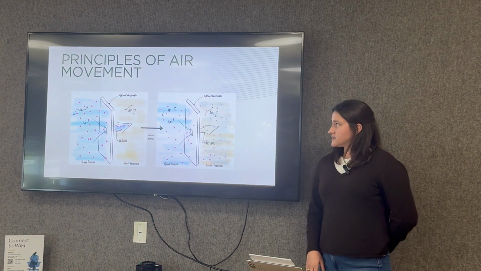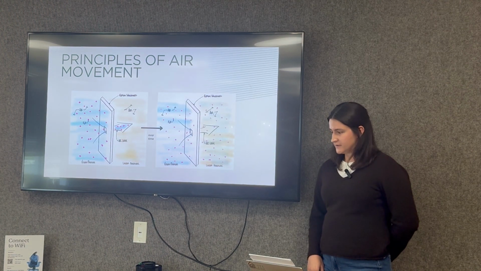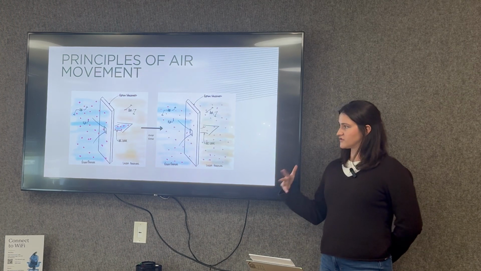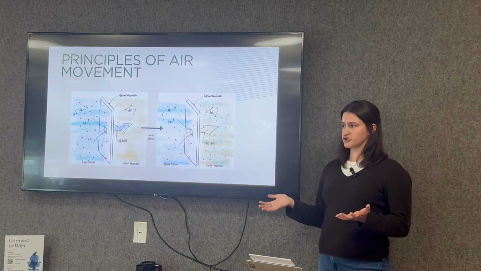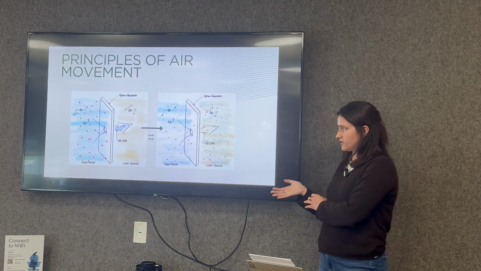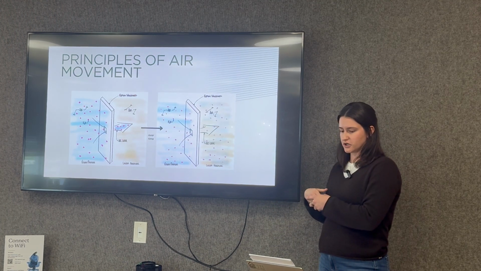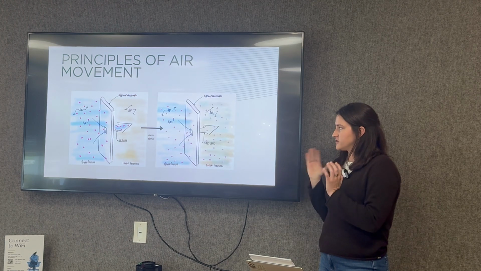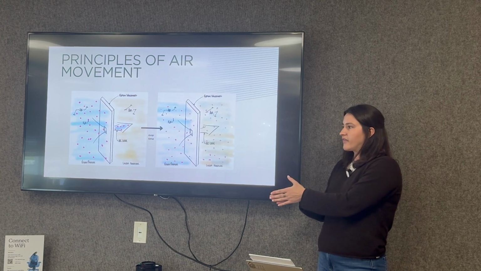And looking a little more into the basic principles of air movement, airflow requires 2 things for it to flow. It requires a difference in pressure and an opening for the air to move. Air always flows from areas of high pressure to low pressure. At a higher pressure difference, your air is going to flow faster through the opening, and thus more air is